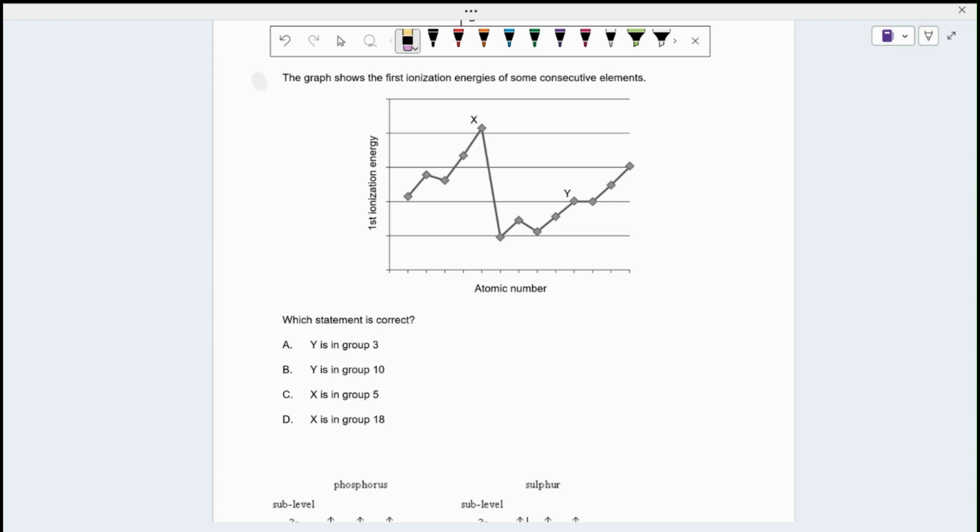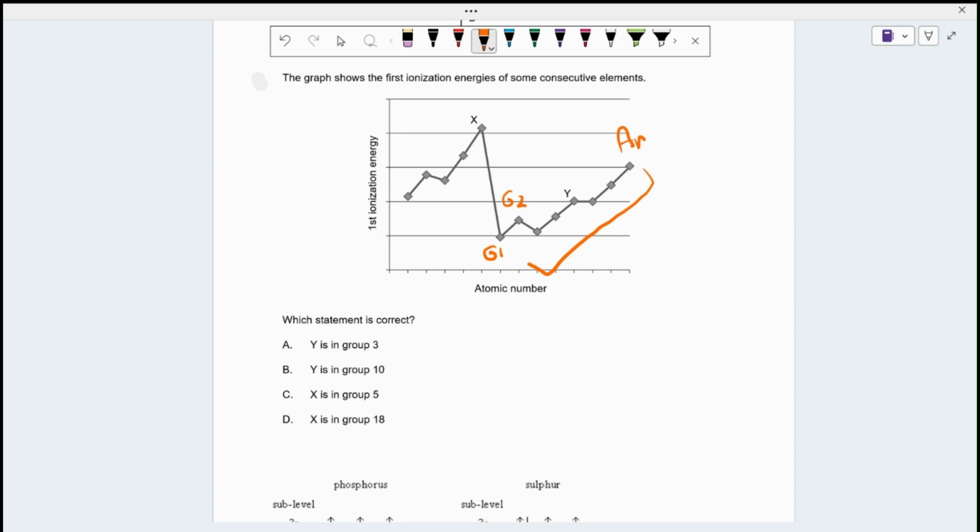Right, next question. The graph shows the first ionization energies of some consecutive elements. Which statement is correct? Okay, so first thing we need to be able to do is identify this portion of the graph as the trend that we find in period 2 and 3. So it would go a group 1 element, a group 2 element, so on and so forth until we get to argon or